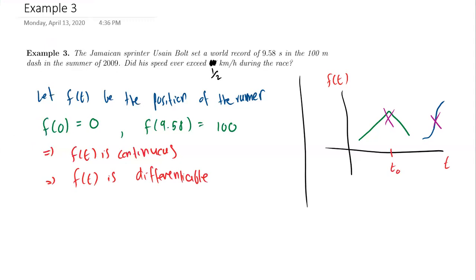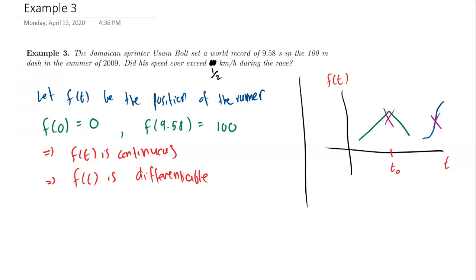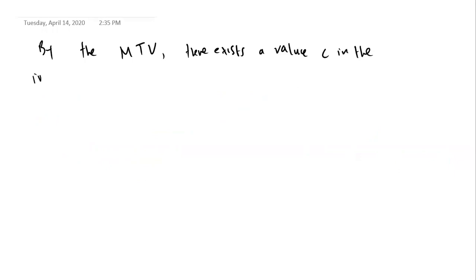Now that we have this, we can just use the mean value theorem. So let's go to another page. By the mean value theorem, and remember I said that I was going to use MVT for mean value theorem, we know that there exists a value, let's call it C, in the interval. So what's our interval that we're working on? 0, 9.58, such that